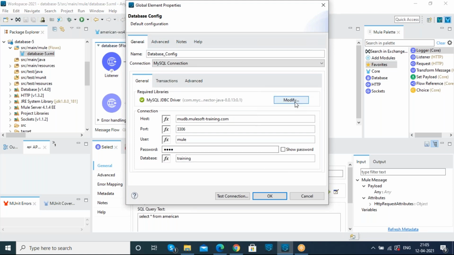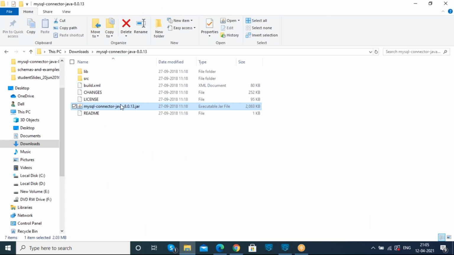Here you have three options. One is add recommended libraries. Use local file. You have to select use local file, right? Okay. After downloading it, this is the jar file. Yeah, I have selected the path.